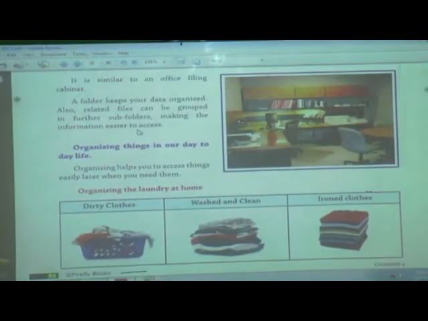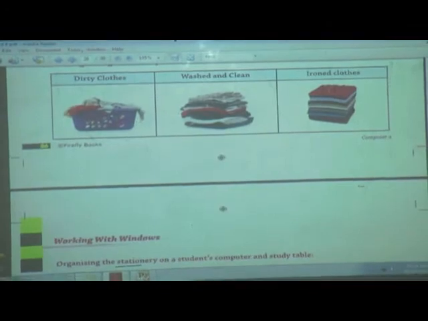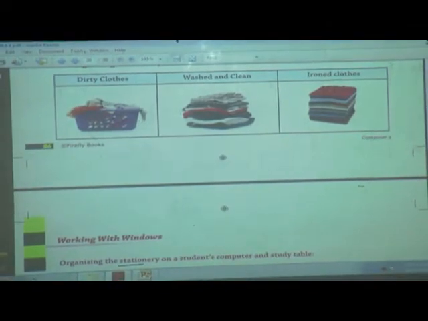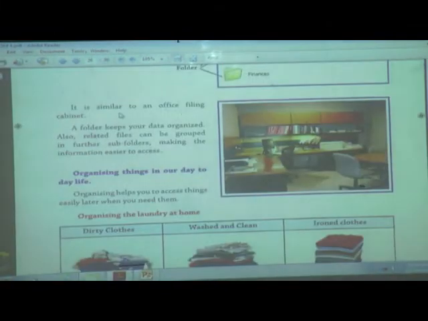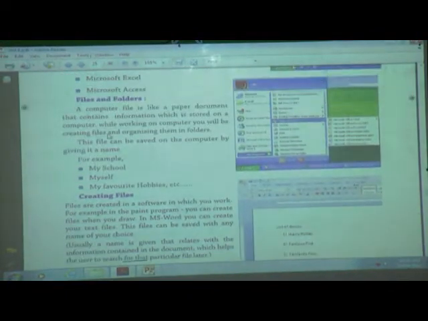We already studied what is meant by file and what is meant by folder. What is meant by file? File means how to create files and how to create folders. A computer file is like a paper document, right?